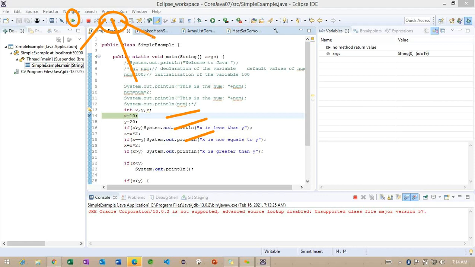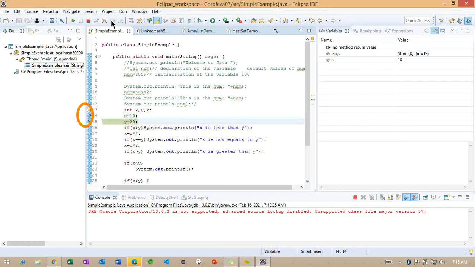If we want to come out of the method, we can use this option. Whenever we are going from breakpoint to breakpoint, we can use this, and if there is no breakpoint, it will not stop anywhere and will go to the end. Back to here. I made one breakpoint here. This is the way we can execute the code and stop in between whenever we have any queries.